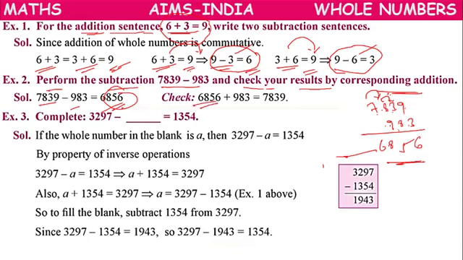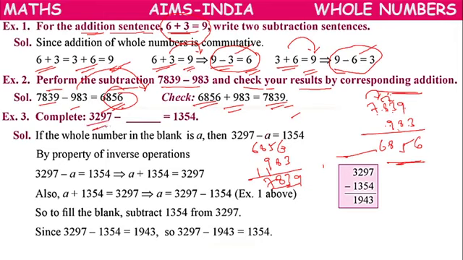So we have to write it in terms of addition. For 6856, if minus 983 comes this side, plus 983. So 6856 plus 983. If we add, 6 plus 3, 9. 5 plus 8, 13. 8 plus 9, 17, plus 1, 18. 6 plus 1, 7. 7839. So same. So this is the subtraction fact. This is the addition fact. So both are inverse to each other.